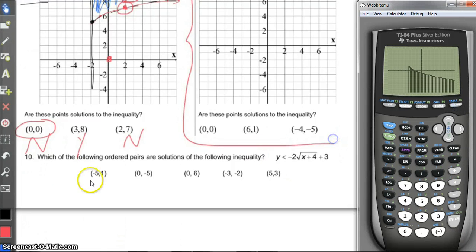Now what you can do, they want negative 5, 1. So go to negative 5, 1. Where would negative 5, 1 be? There you go. As you can see, it's going to be somewhere